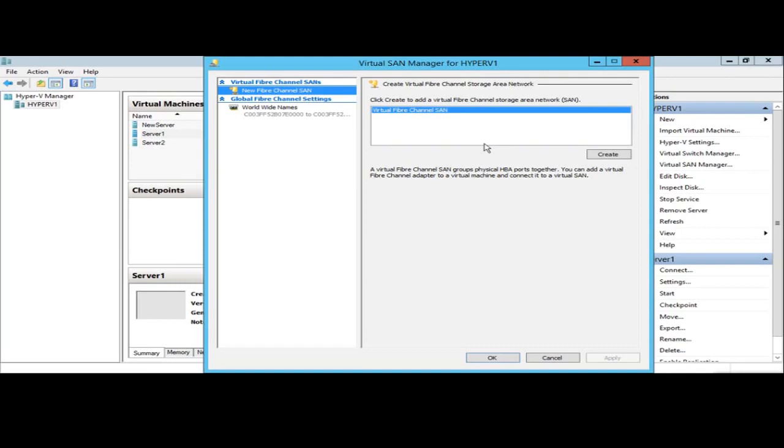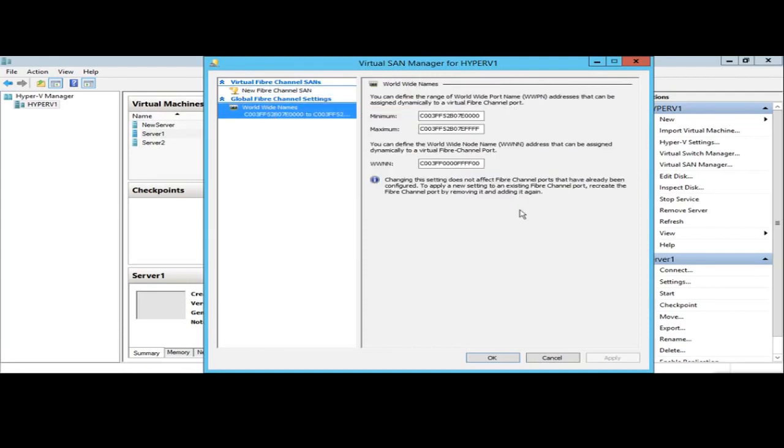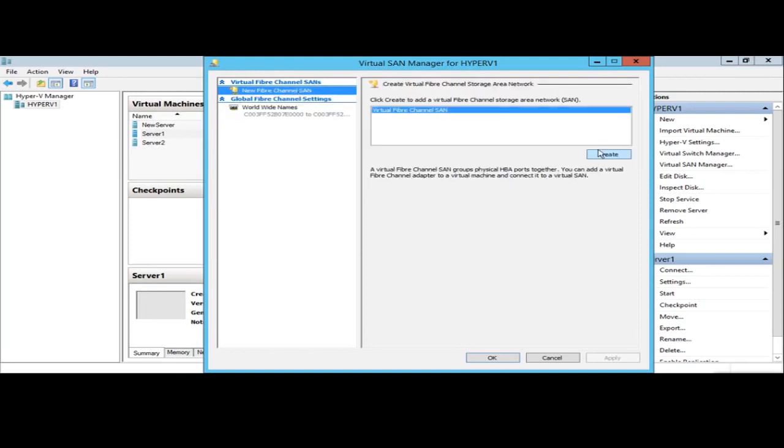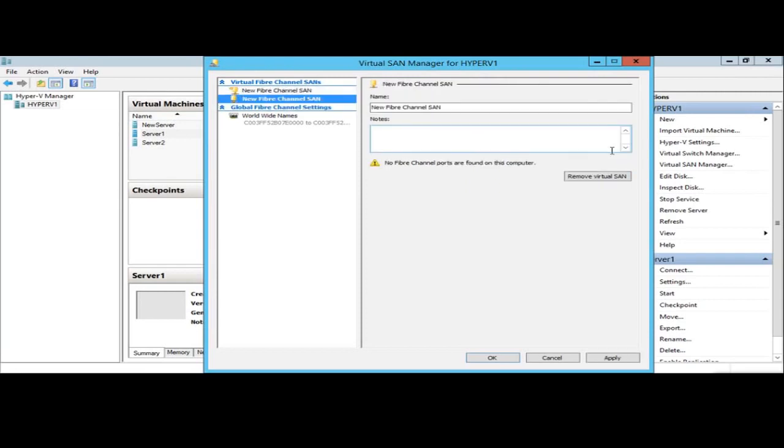Well, when you connect these, they're going to get different worldwide names, and that's what you see down here as the worldwide names and the ranges that we can use for those worldwide names when they make their network connections. In our case, we're just going to create a fiber channel SAN, and we'll change its name here so that it's easy to identify, and we'll call this Production SAN